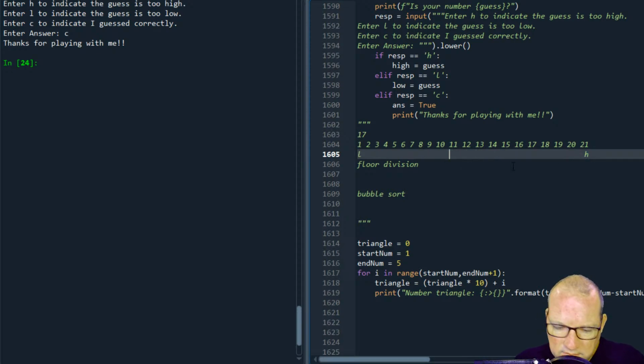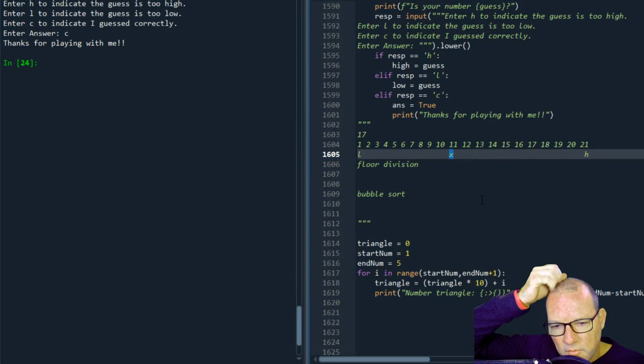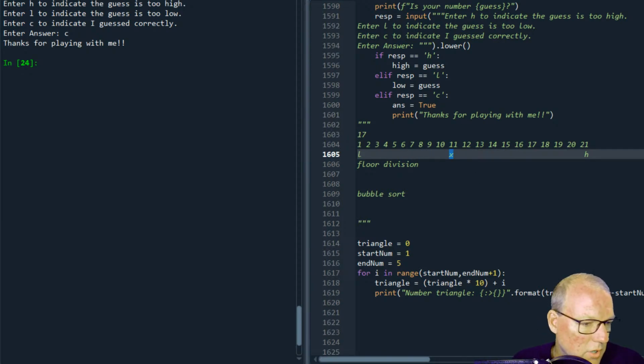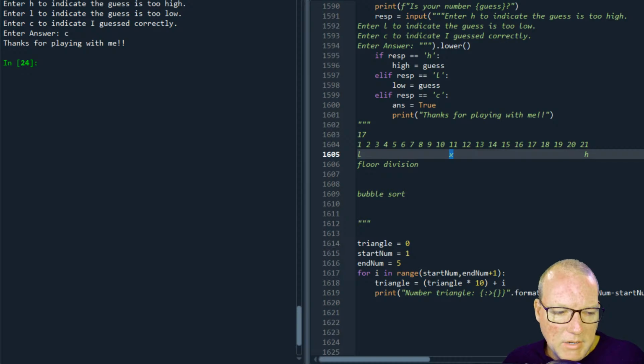So our first guess is here on the X, right? And if we got conflicting data, we could be storing other parts and be like, well, wait a second, you just told me it was too low, and then now you're telling me it's too high, so you're not playing fair.